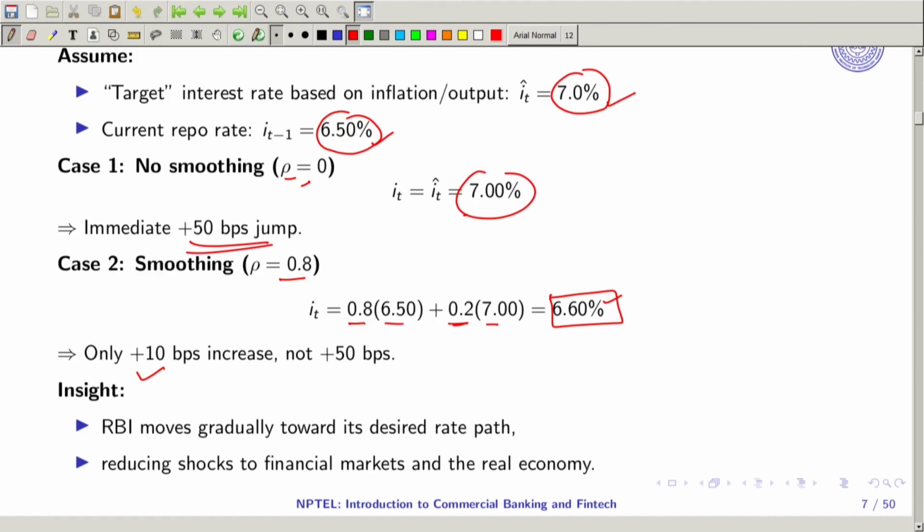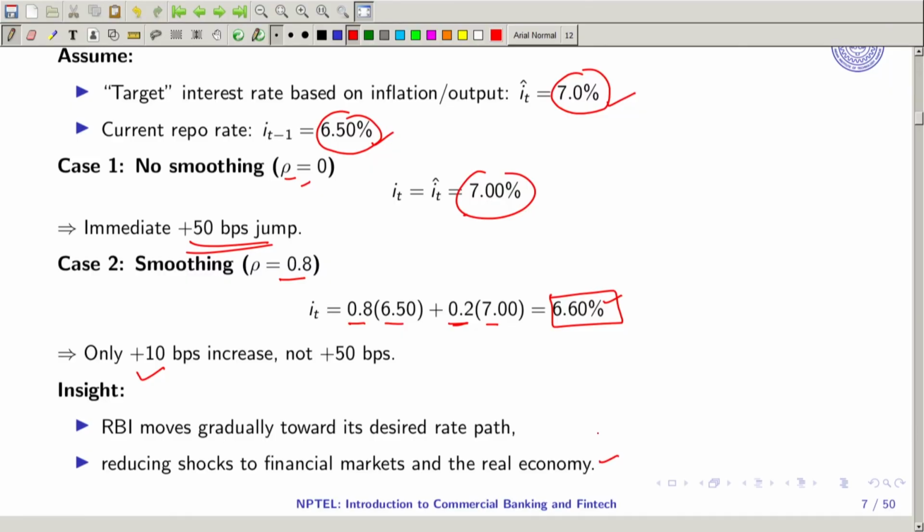So what is the learning here? The learning is that if rho values are higher but not exactly 1, then I see a gradual increase in the rate of interest, even though the target is higher. Even though the difference may be 1% or 0.5%, the RBI will not take measures immediately by the same magnitude. It will take less than that. So here you have something called gradual adjustment in the economy.